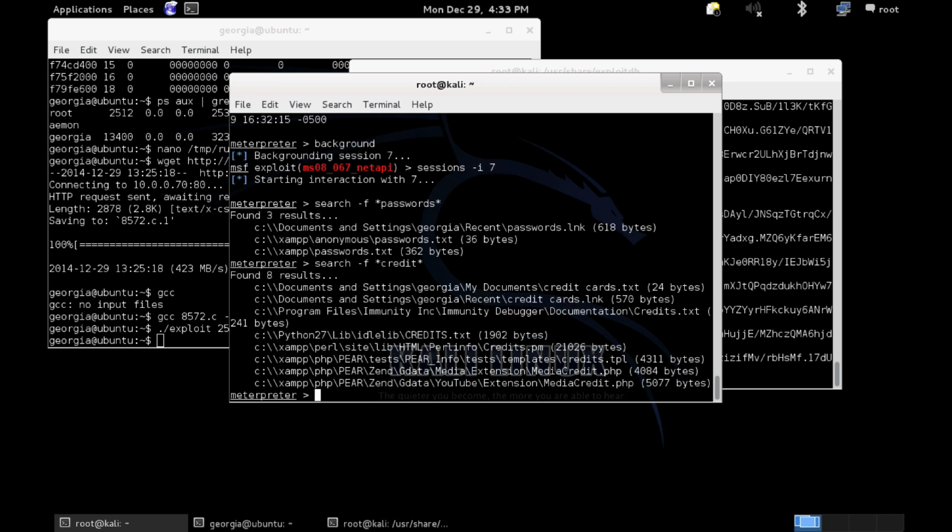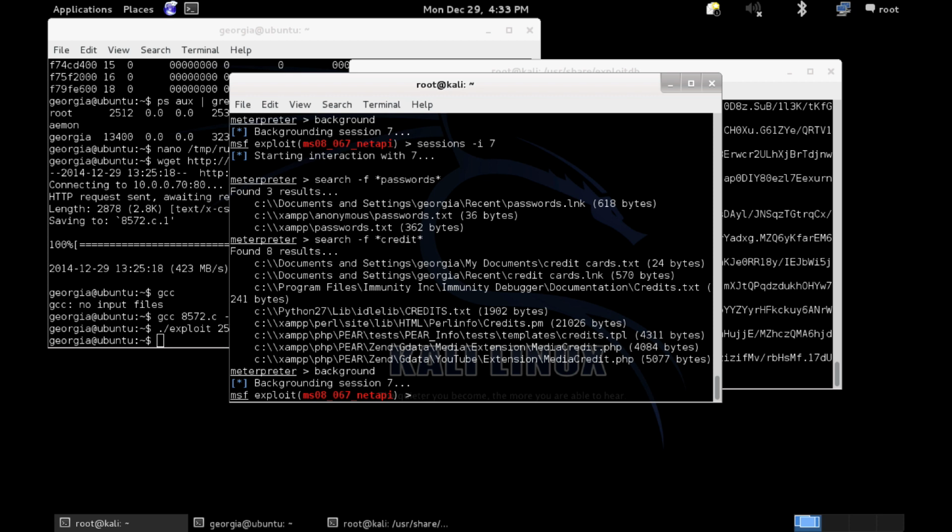I should find our credit cards. So you can just search for files, or to be a little bit more precise, there's actually, if we take a look at